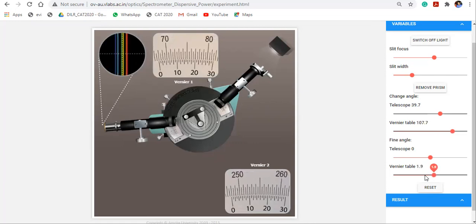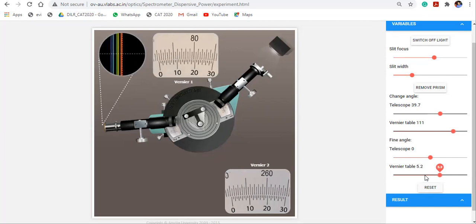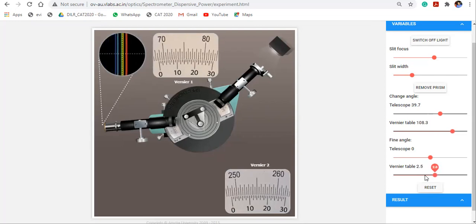But you see at this point it remains stationary. It does not move with the vernier table. If we try to further move it, it reverts back like this. So set it on the position where this spectrum remains stationary. Now leave this here.